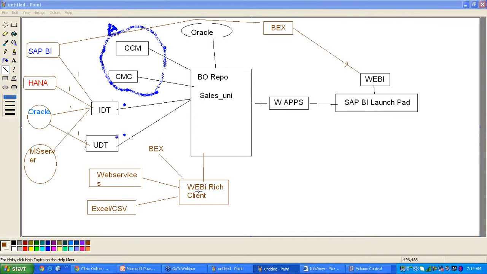We'll discuss all the Webi functionality, Webi Rich Client functionality, and Webi reports. How we can create complex reports, how we can do the drill down option, and how we can link one report to another report. Everything we can discuss in due course. Also implementing the universe, how we can create universes by connecting to the Oracle system, how we can create reports connecting to the Oracle database, and how we can implement universes on InfoCubes or multi-providers. That we can also discuss as part of the training.